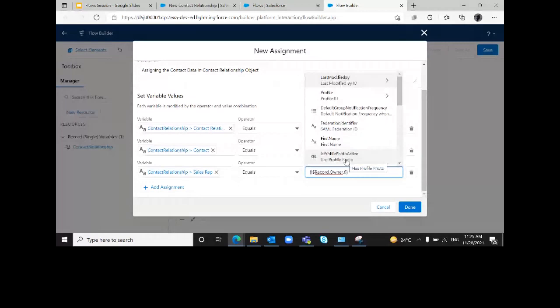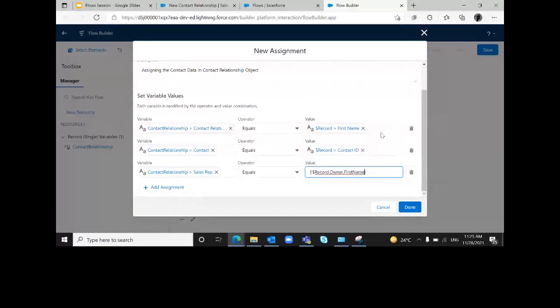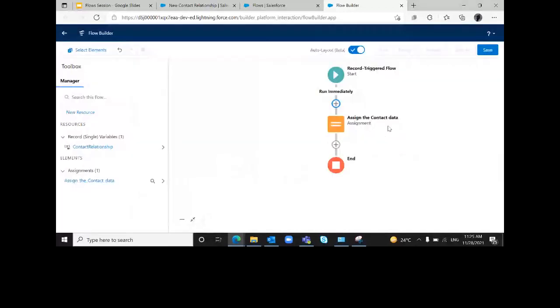So this is my assignment. I have given all the values which I wanted to give. Now clicking on done. So this contact relationship variable now has all the data.